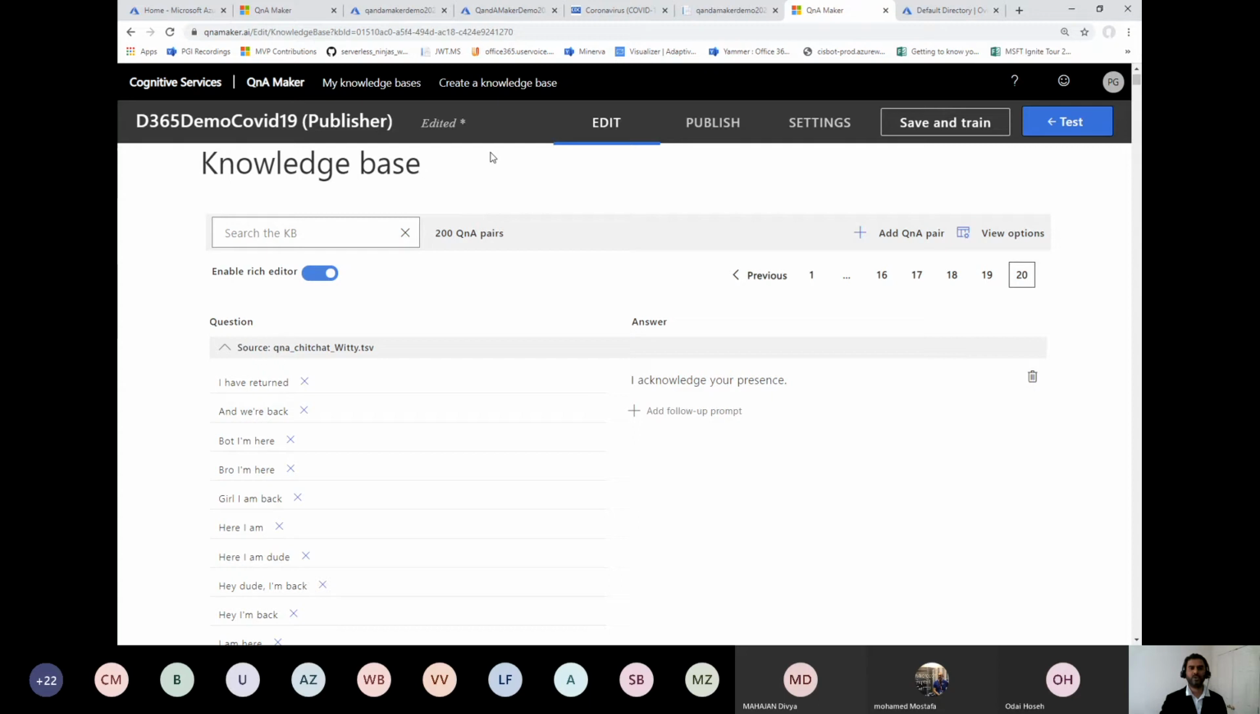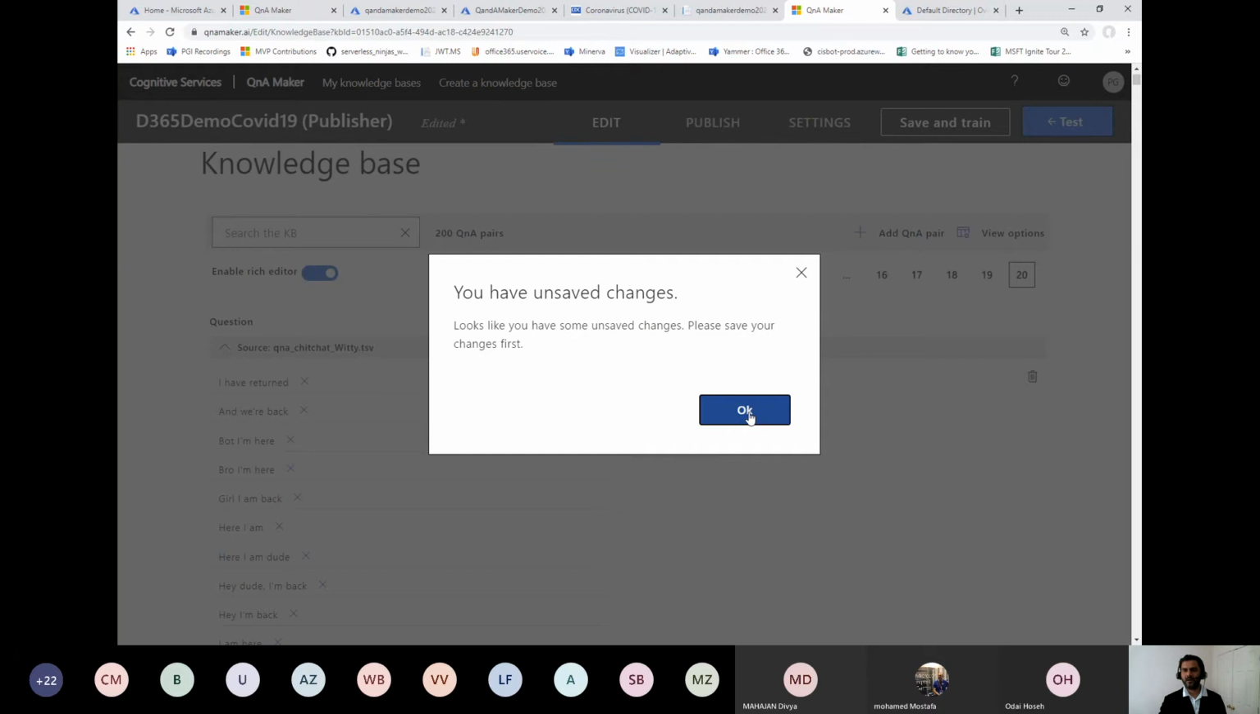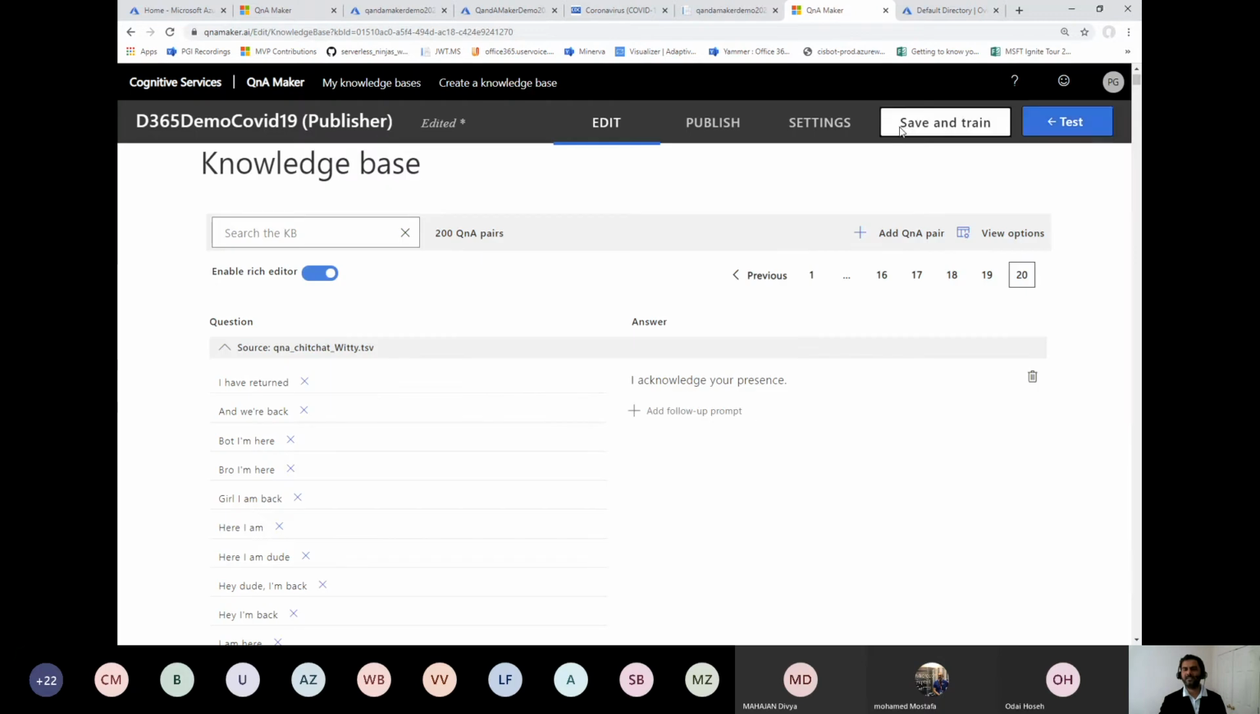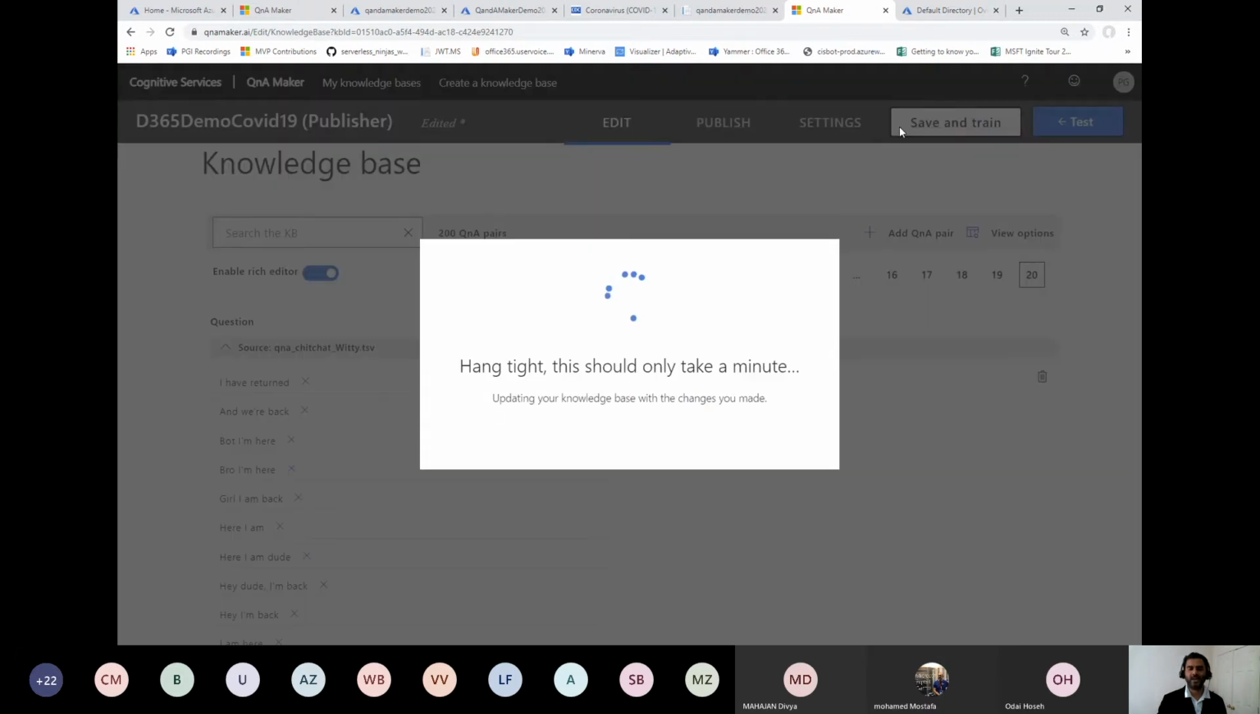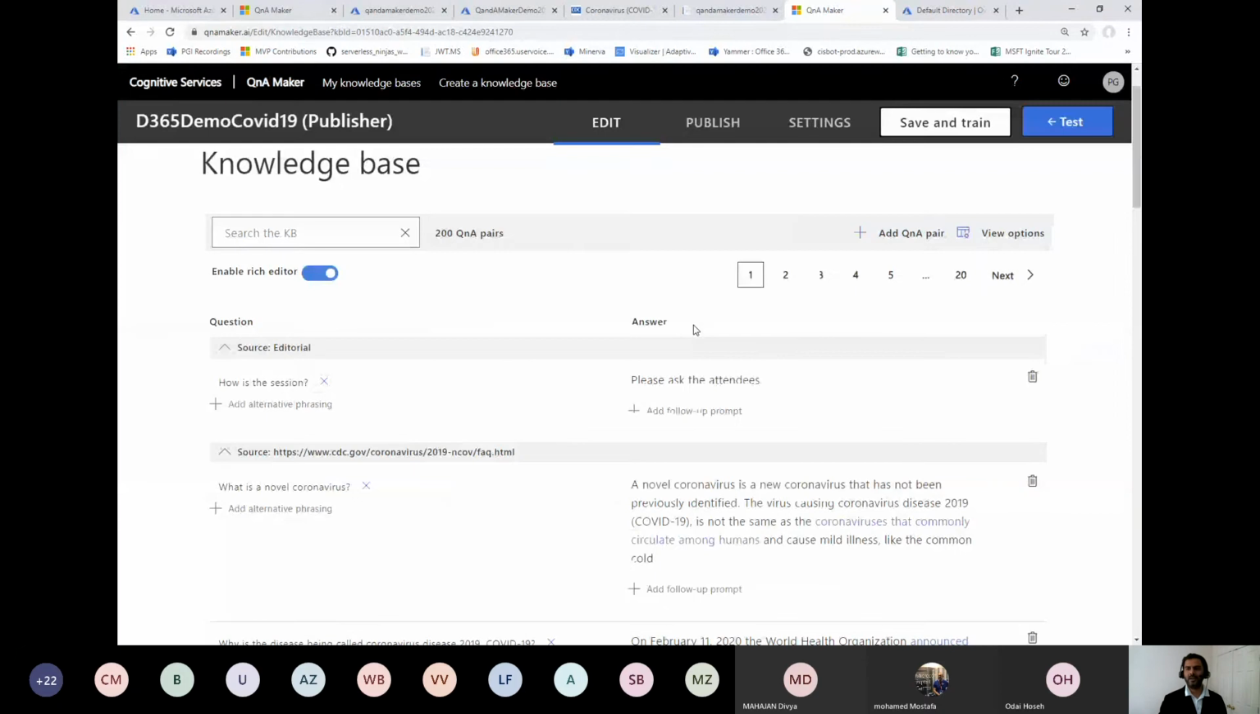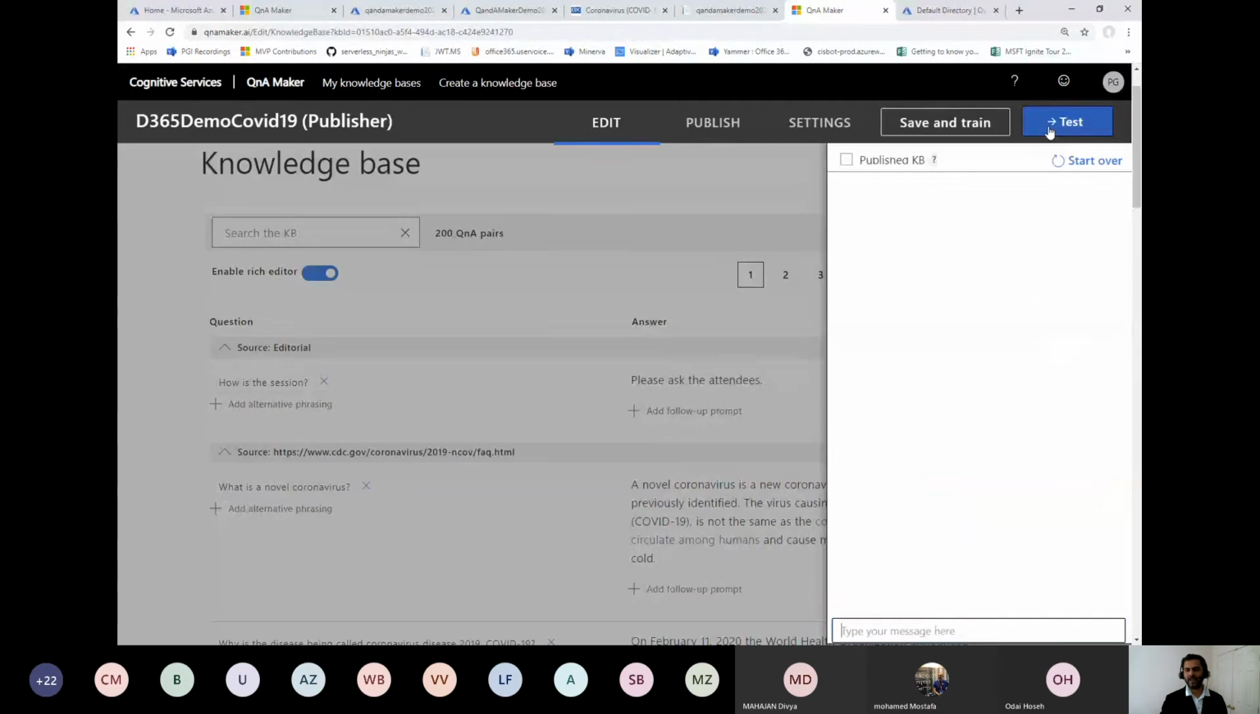Okay, now let's quickly test this out. Once your knowledge base is created, on the same page we have this test option. If I click on test, let's click on save and train. This is the first step we have to do: once the knowledge base is created, click on save and train. I had to do this because I have added an additional question as well. And if I click on test, I will have a nice user interface right here where I can test this